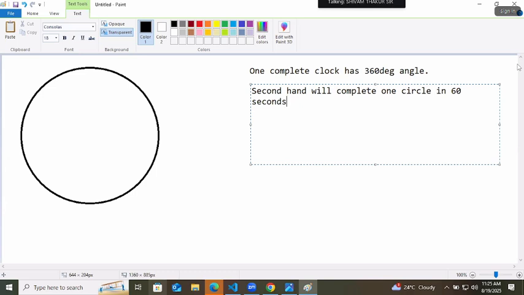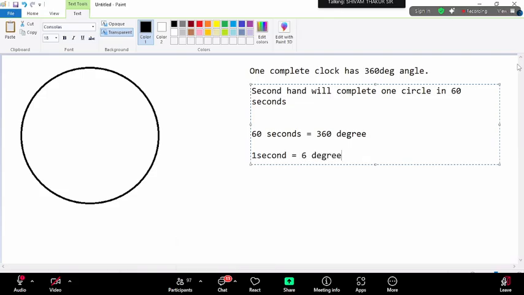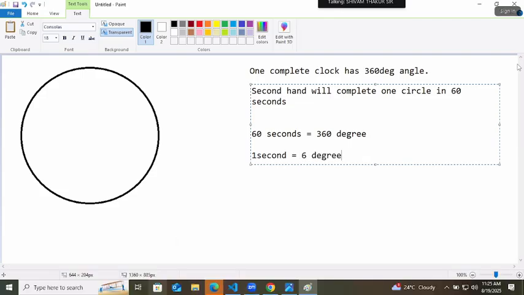It means that I can write 60 seconds equals 360 degree, right? Then 1 second equals 6 degree, right? Can we say this?